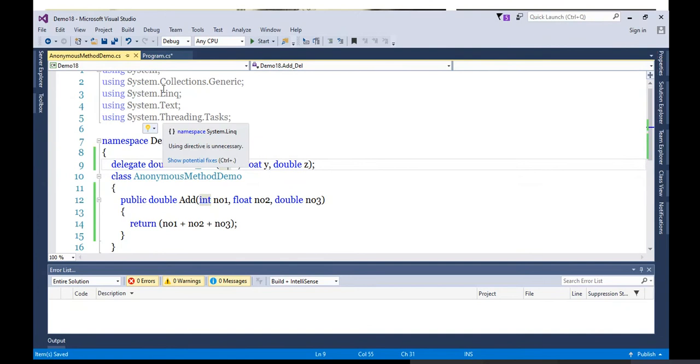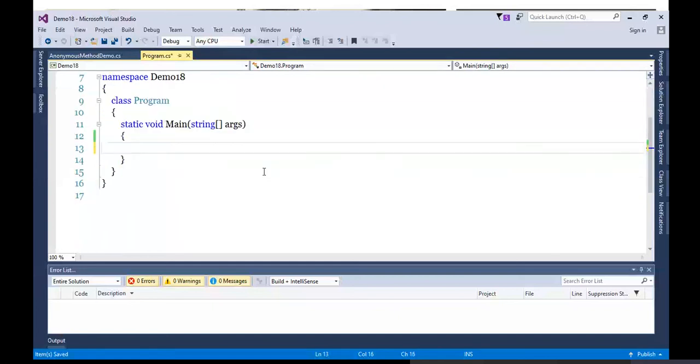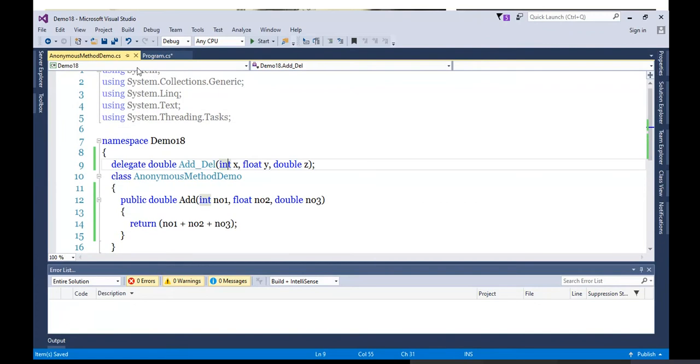Now let's use this. First we'll do it using C# 1.0, and then we'll convert that into an anonymous method. To access this Add method, we require the class reference and also a delegate reference to attach the Add method.